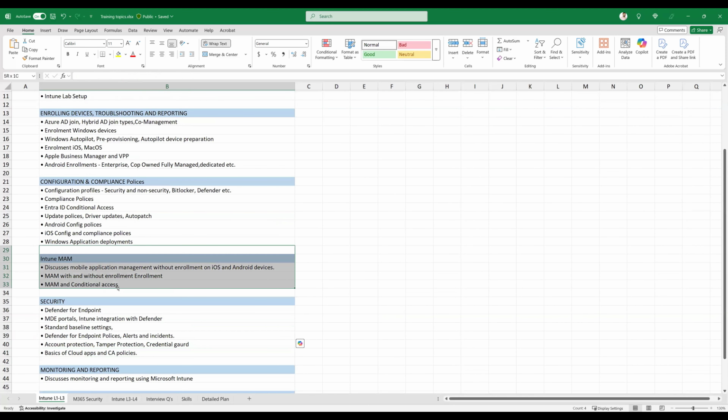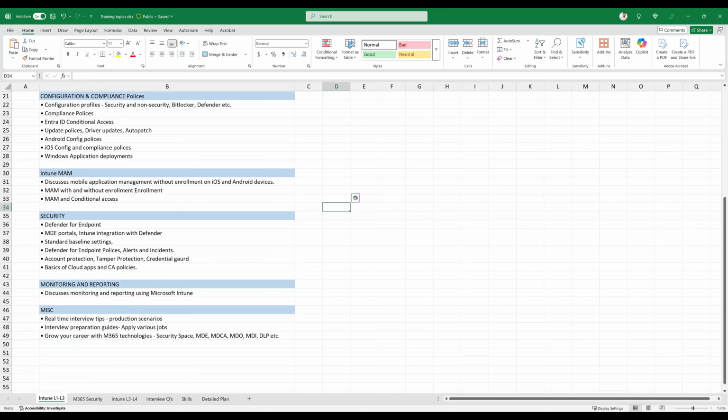MAM. Intune MAM is used by every organization in the world. Pick 100 organizations, 99% need MAM. Simply because everyone who is using Office 365, which most companies are, and if they are enrolling Android and iOS devices, and using Office mobile apps, Teams, meetings, all of that, they are using MAM. Because you cannot take screenshots, you cannot copy and paste any of the email